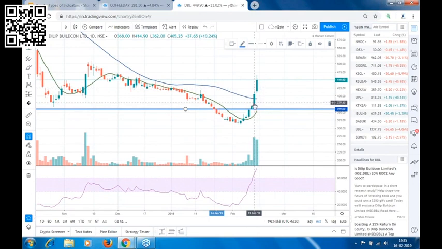Our target was achieved in almost 1 or 2 days. So this is your trade from the bottom, when we see a reversal sign and when the stock closes above the 10 period moving average. Here you can see that on this day the stock went above the 10 period moving average. The next day it was taking support on the 10 period moving average, and after that, on the third day, there was this candle formation.